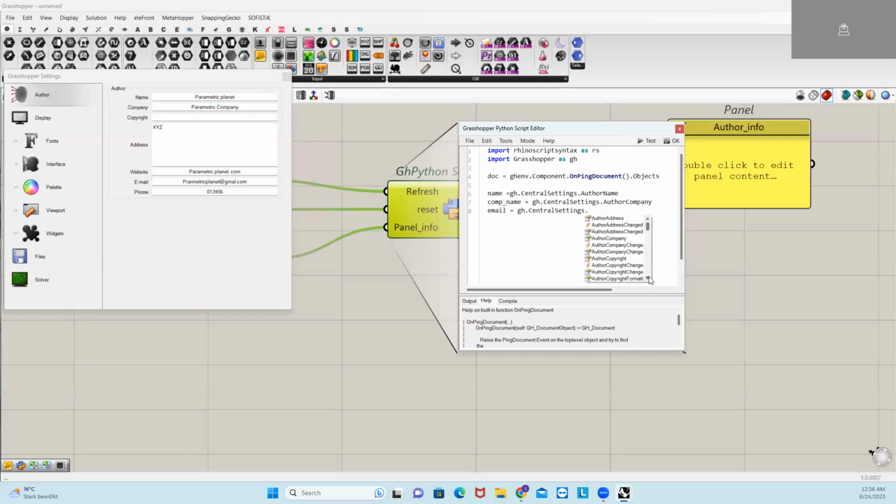Dot, and we have author's email here. Now we have to run a loop. First, we have to activate our button. When we refresh, then this command should execute. For that, I will write if refresh, then